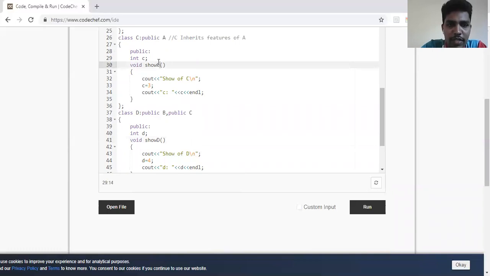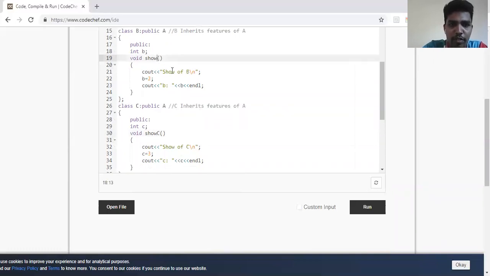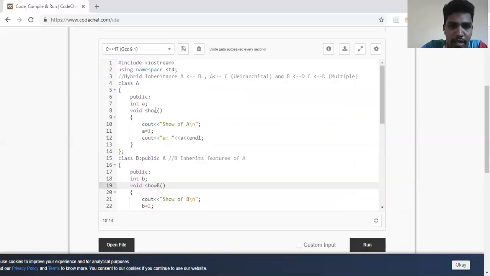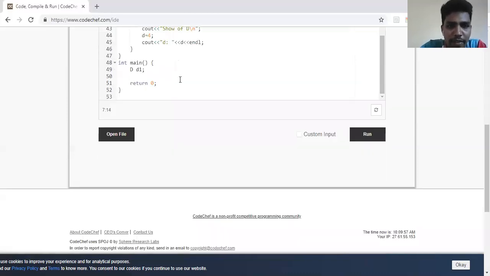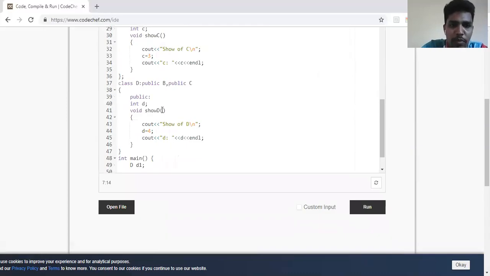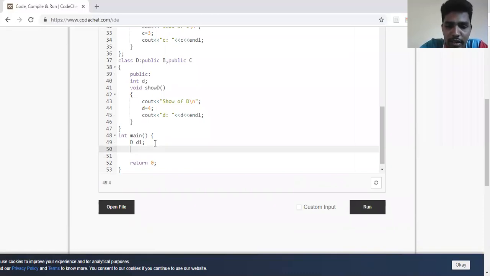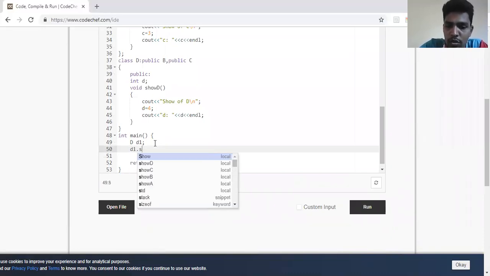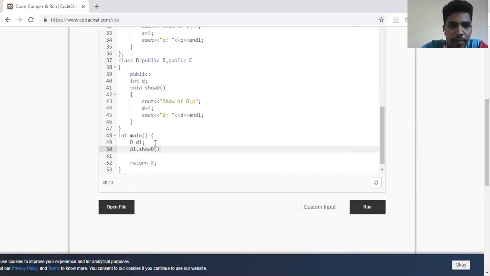So let me write show of C, let me write this as show B, and let me write this as show A. Now there is no polymorphism concept because all are having different names. I've written show A, show B, show C, and show D. So d1 dot show D. That's it.